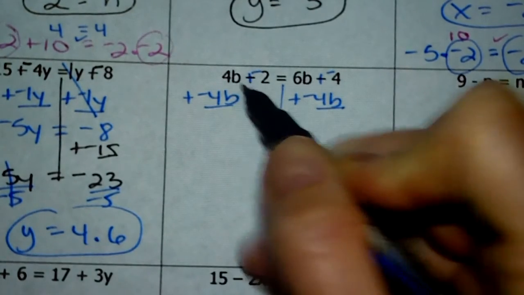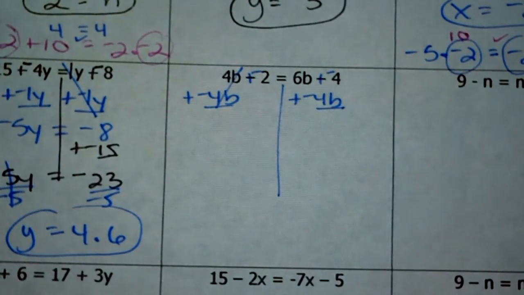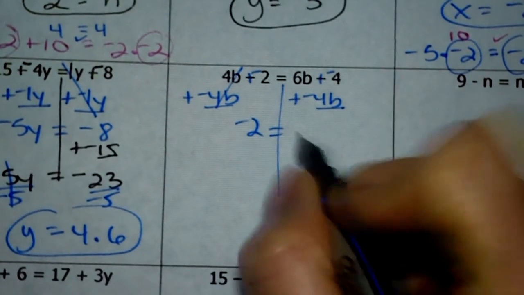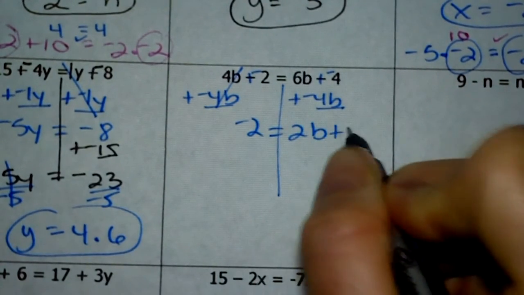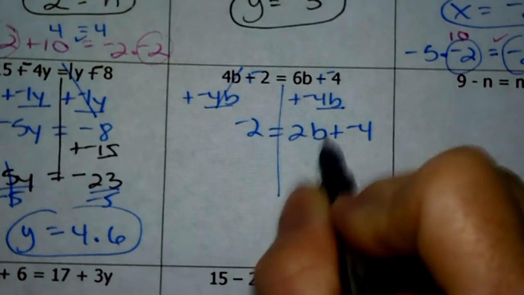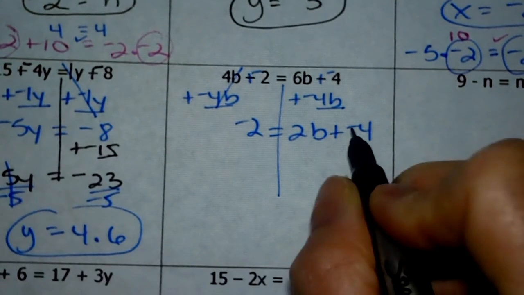Because 4b plus negative 4b are 0, and 0 plus negative 2 is negative 2. 6b plus negative 4b is 2b, and I still have that negative 4 left because it's not a like term. It can't go with the b's. It's all by itself. Alright, now I want 2b by itself, so I'm going to get rid of this negative